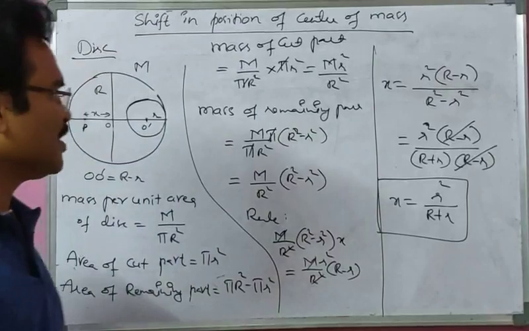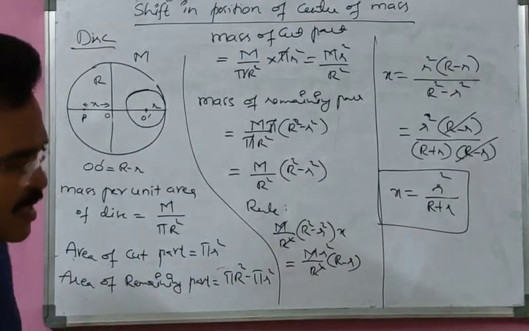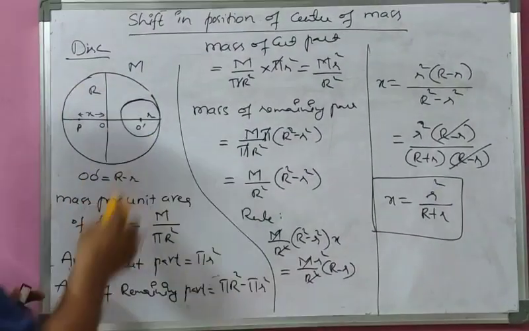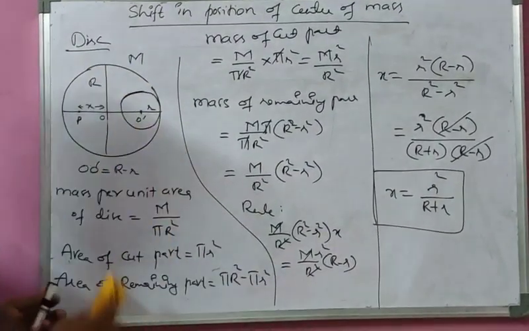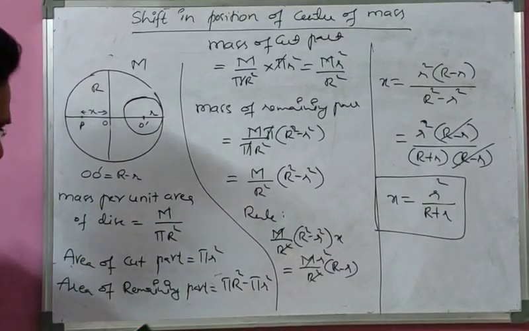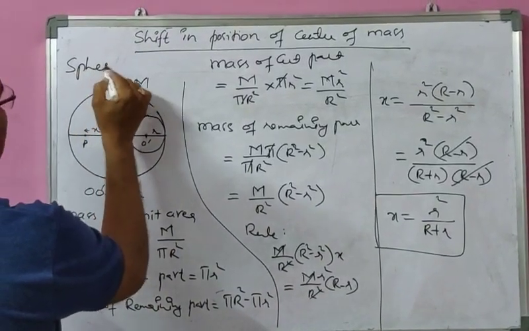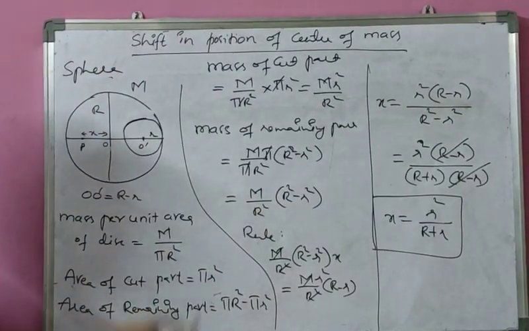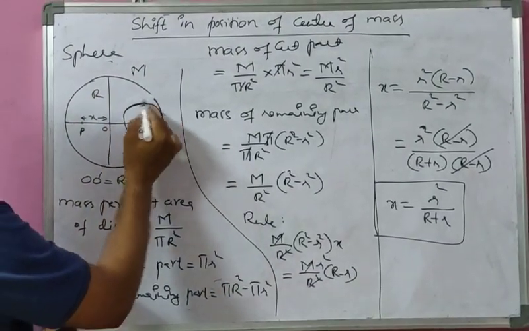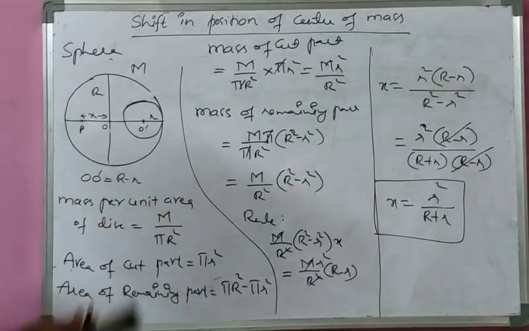Let us extend this one for the sphere. If you extend this to a sphere, what happens? Let us apply here. So here, I'm simply writing the figure, I'm not changing it. The same thing I'm keeping here, but simply the names I'm changing. So this I'm calling as a sphere, a uniform sphere of mass M and radius R. From one end here, a small sphere of radius r is removed, making a cavity at this place here.